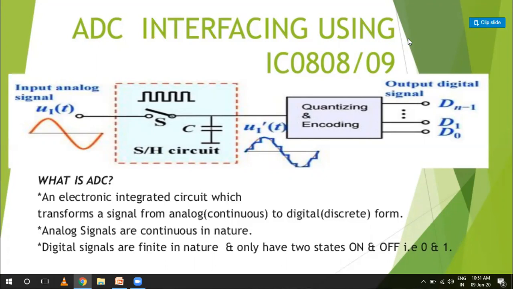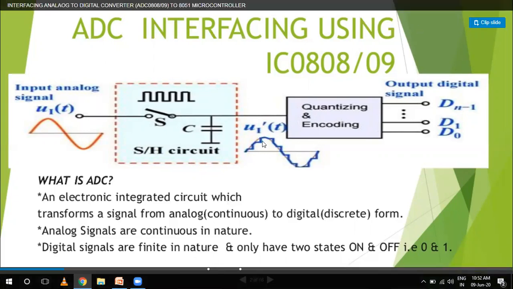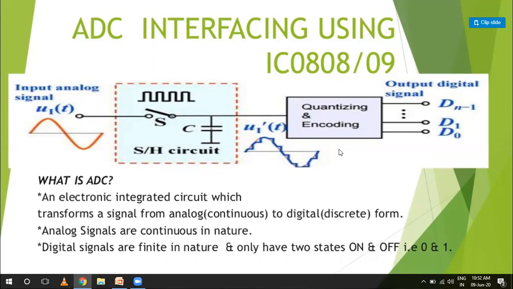So how do we convert an analog signal to a digital signal? This is the block diagram on the screen. This is my sample and hold circuit, S and H, where S is my switch and C is my capacitor. When you give an input analog signal, that is u(t) with respect to t, then after the sample and hold circuit you will get the samples of this continuous signal: sample, hold, sample, hold, sample, hold. And after putting it through quantization and encoding, you will get the output signal, that is D0 to Dn minus 1. Next is